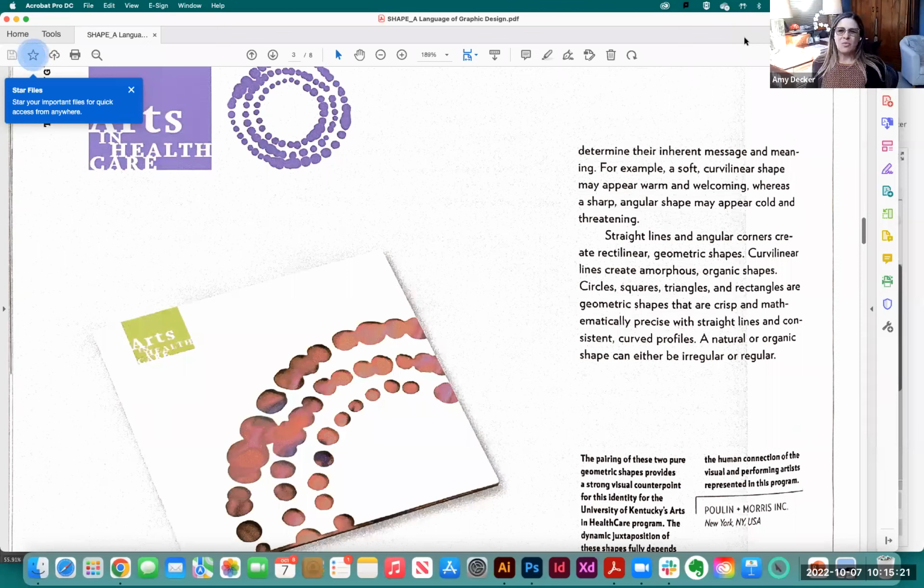And so why would I have us draw shapes with emotions? Because we want to show emotion visually through shapes. And so here's an example. When we get into logo design, we want to incorporate meaning to our design, our shapes. So something that is soft and curvilinear may appear warm and welcoming, whereas sharp angular may appear cold and threatening,